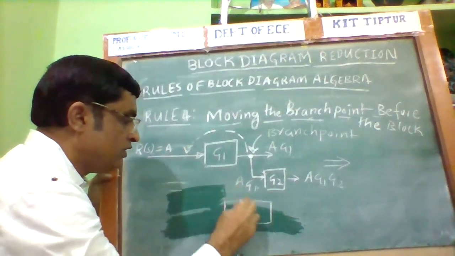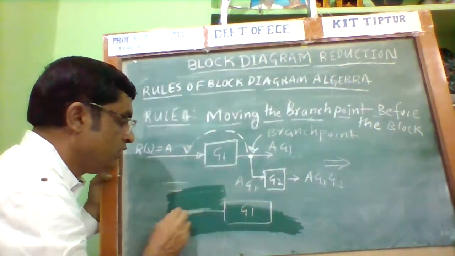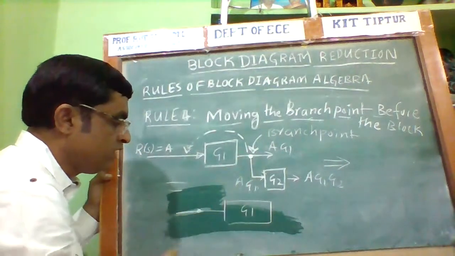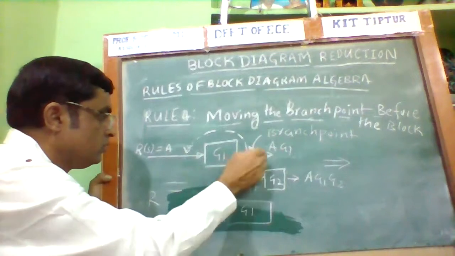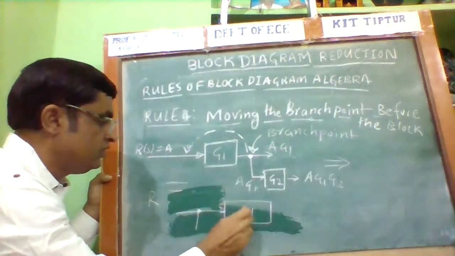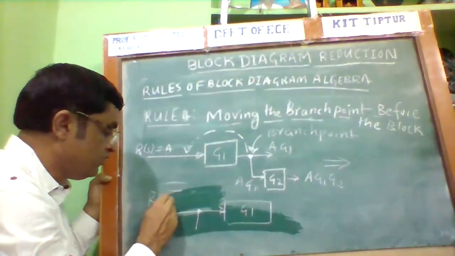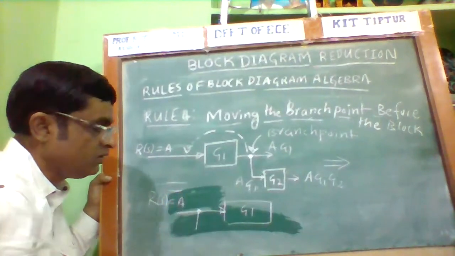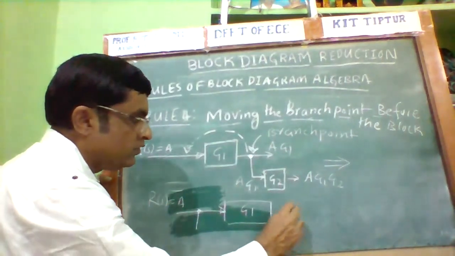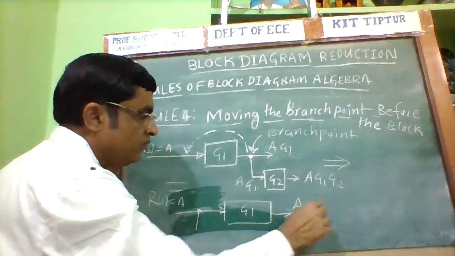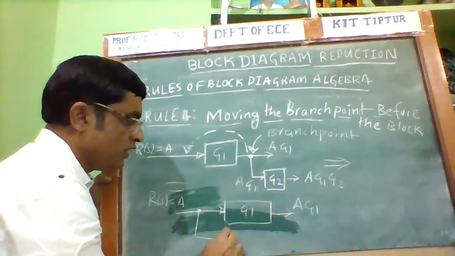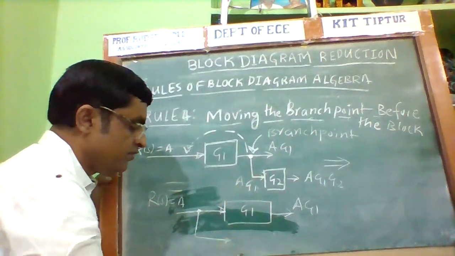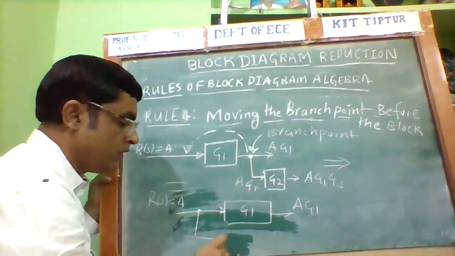Here G1 stays as it is, but I want to move this branch point before the block G1. Then R(S) is the same, A, it will not change, and the output is also the same, A into G1. But what will be here? Suppose, as it is, if I write,